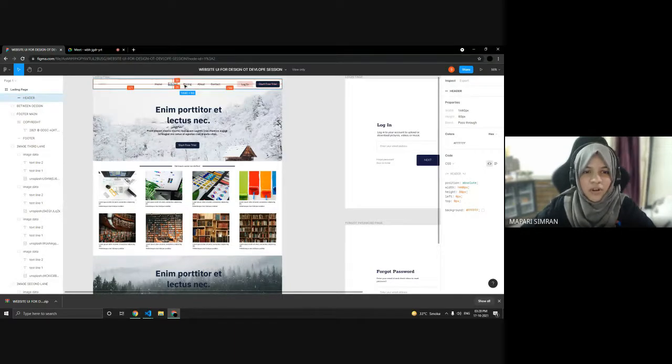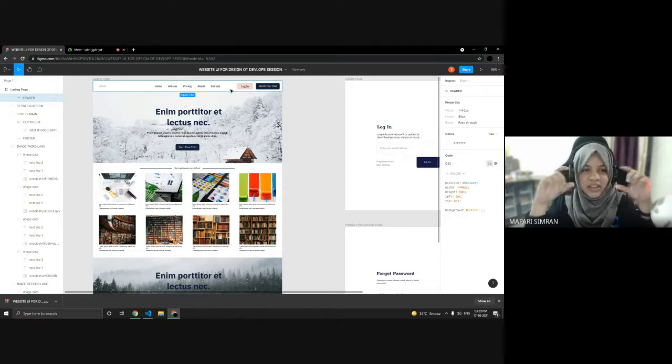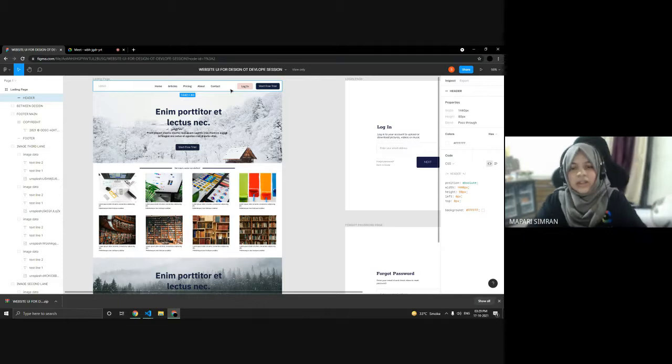So we want all this in one line. You can have many approaches to make this, but what I'll do is create one div for the nav section, because it's a good practice to divide your whole HTML document or your website into sections and then work on it.